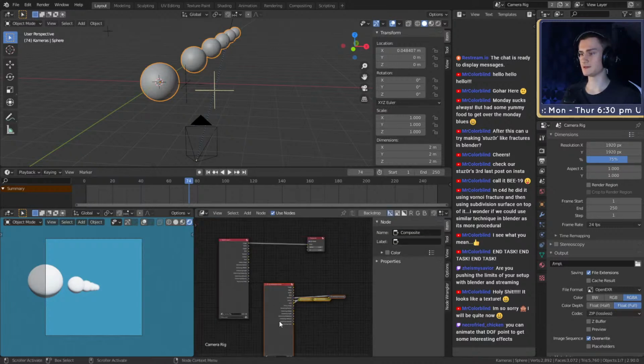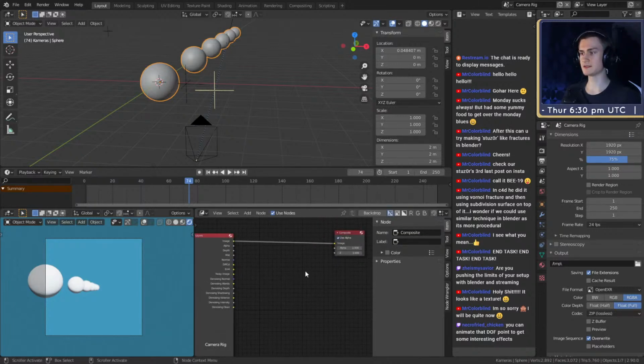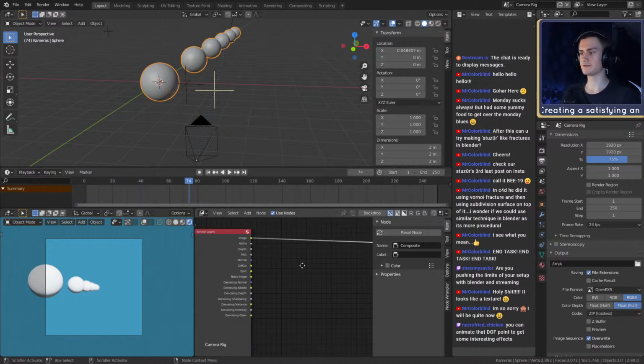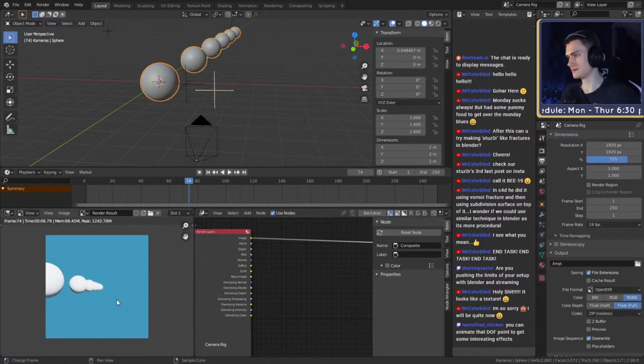You can see right here, this you probably won't see. So this is the basic setup. The compositor is used for after you've done your render. The compositor is basically the post-production of the render that is applied after the render is done. So if I then say, okay, let's render this scene real quick, shouldn't take too long. Okay, it's almost done. And there we go. Let's switch to the render result.